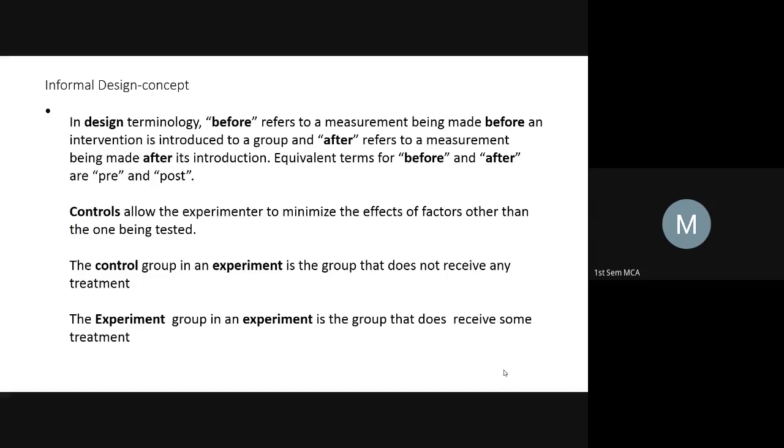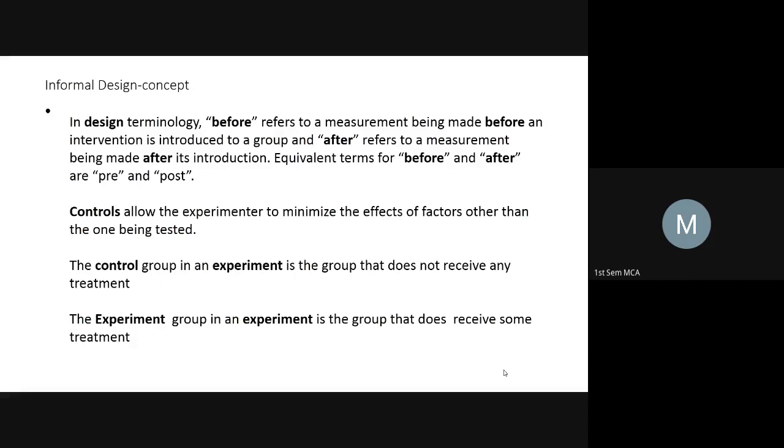So I'm trying to group based on certain things. And again, there are various immunity factors in each of these groups. So that is different. That is the purpose of having a group, that is control group. Now, the control group in the experiment is a group that does not receive any kind of treatment. Does not receive any treatment in the sense what? Does not have any specialized considerations for these things. These things means what? Groups.